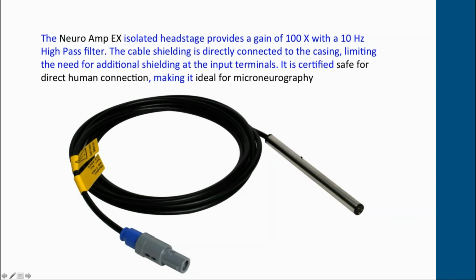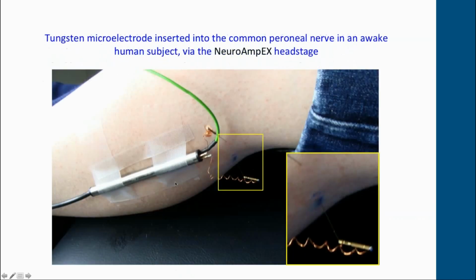micromanipulator. And in my earlier days, I was doing animal work, so I know that this sort of amplifier would be ideal for extracellular recordings from individual neurons in the brain, or even from peripheral nerves in anesthetized animals. Anyway, as I mentioned, this is ideal for use in microneurography, and this just shows how we would attach it to the leg of a subject shown here.